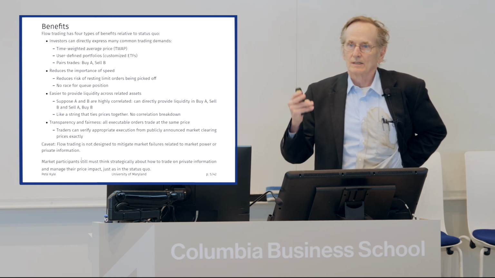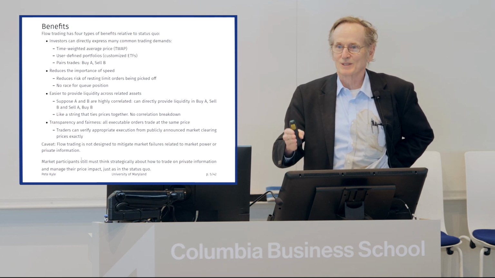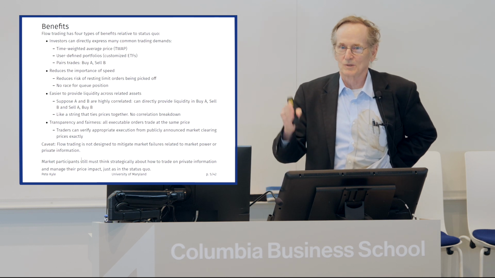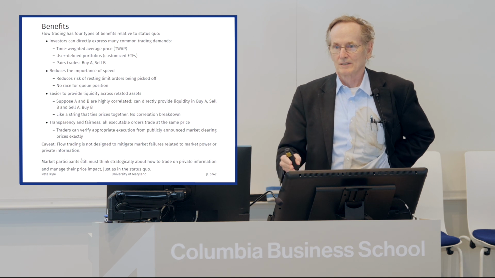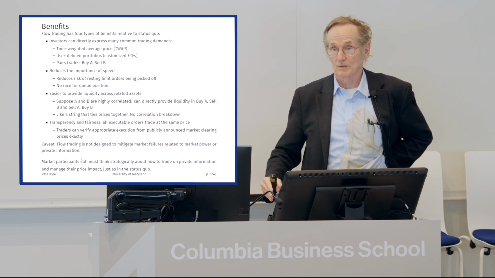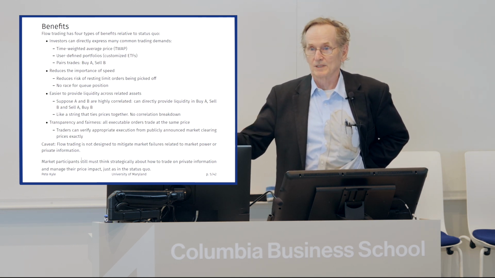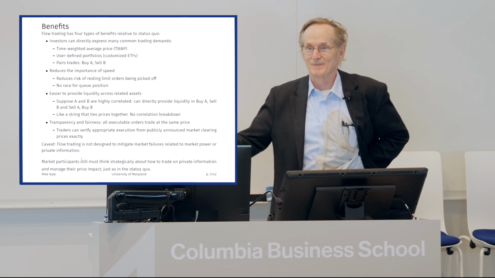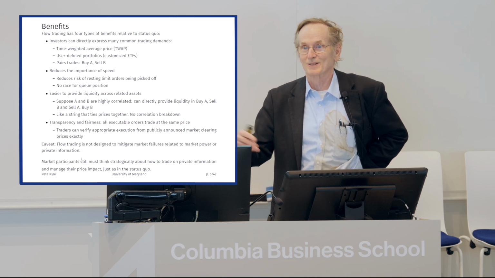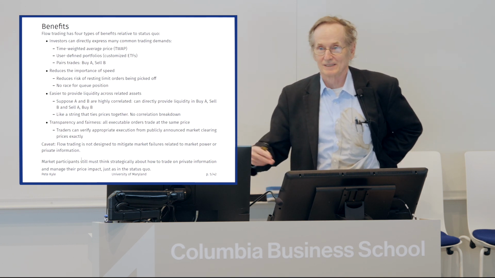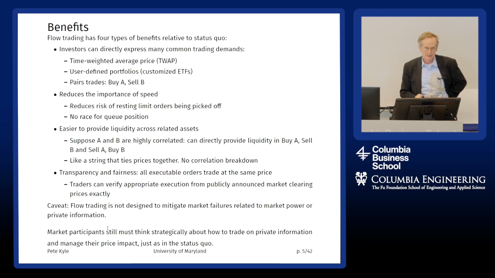And finally, this proposal, or this way of organizing the market, has some transparency and fairness properties. Every trade that takes place at a given batch auction gets executed at the same price. And all the orders that could potentially be executed get executed. That's partly due to the batch auctions, partly due to the continuous schedules that you're required to submit at the batch auctions. In the current market, of course, there might be a trade at the bid, but if there are a lot of traders, a lot of quantity at the bid, some will be executed and some will not be executed, and the ones that didn't get executed complain that the market is rigged against them. And indeed, a lot of the complaints about the market being rigged against traders is due exactly to this.